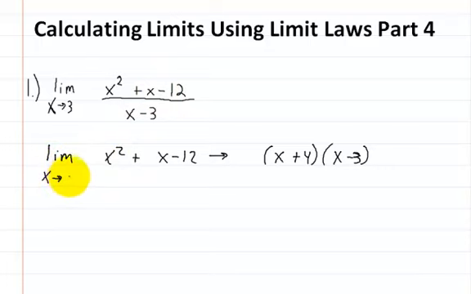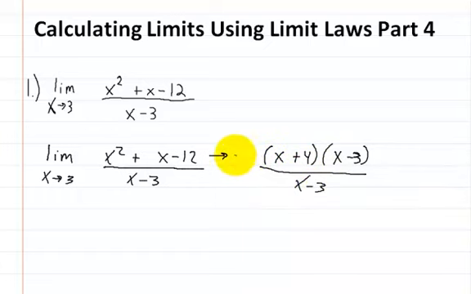So here's as x approaches 3. So then you're going to put an x minus 3 here. So when you factor it like this, you're actually going to get the limit as x approaches 3 of x plus 4 times x minus 3 divided by x minus 3. These right here are just going to cancel right out, leaving you with